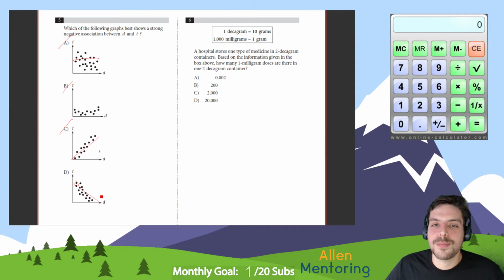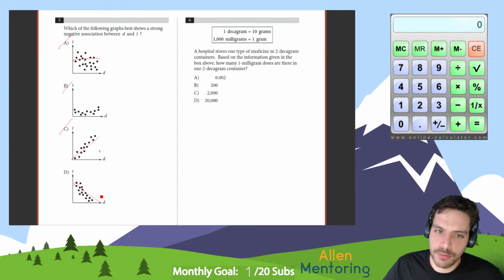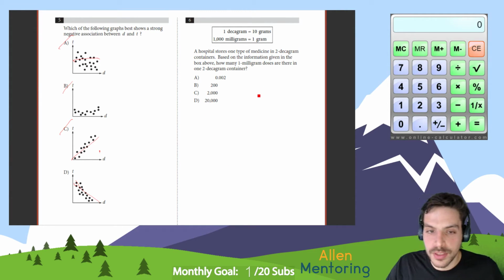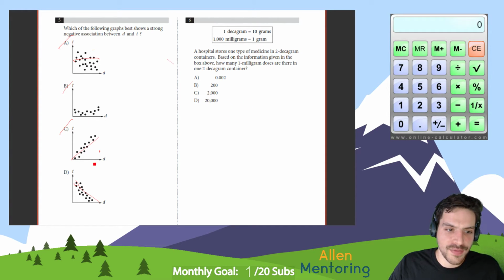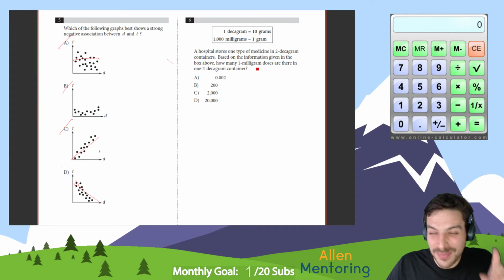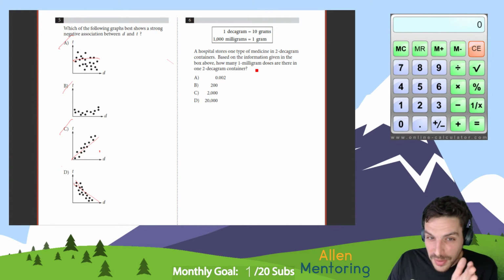So this is an easy problem to get wrong, right? Why is it easy? Because it itself is an easy problem that has solutions that are pretty much all similar, so you want to be extra careful when dealing with this. All right, number 5, one of these was obviously the right answer. In this case, you can mess up a little 0 here and there, so you want to be very careful